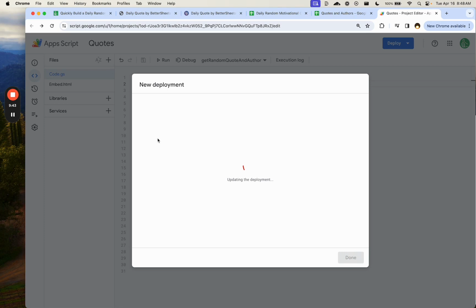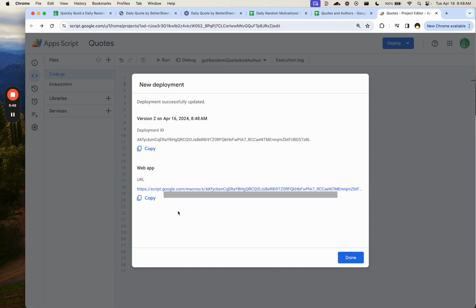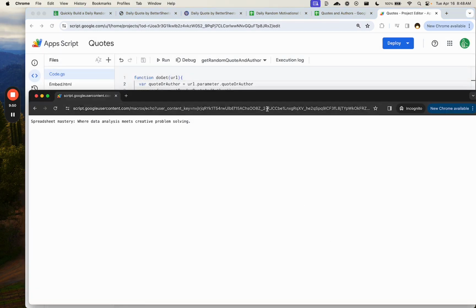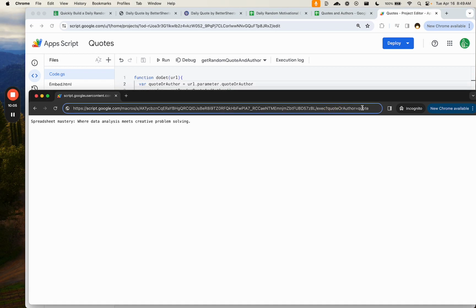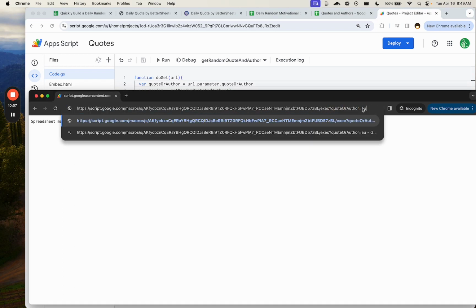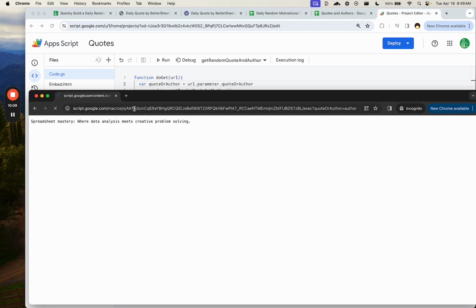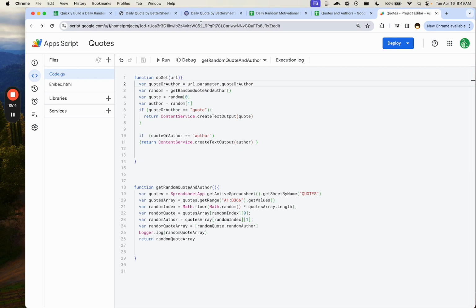And I'll show you again, just another example, how we're going to use this. Updating the deployment. Copy the URL. Go to our incognito window. And again, we're going to add question mark, quote or author equals quote. There we go. And then now we have author here. We're going to get some author. Oh, no, perfect. So our URL is working, but one weird thing that's happening is that this is absolutely random,